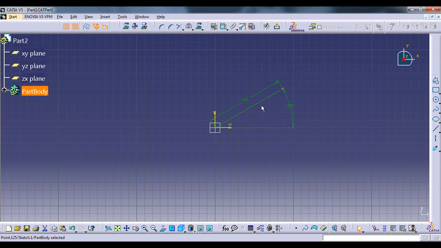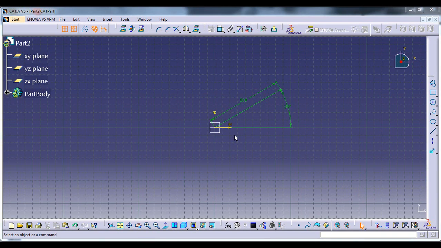So this is the point that we require. So this point is at the radial distance of 100 mm and it makes an angle of 30 degrees with respect to this horizontal axis. So this is the main significance of the polar coordinate system, that this coordinate system plots the exact location of the point considering its distance from the origin and the angle that it makes with respect to this horizontal axis. So the angle that we have entered is 30 degrees, which is less than 90 degrees. So that is why this point has been plotted in this first quadrant.